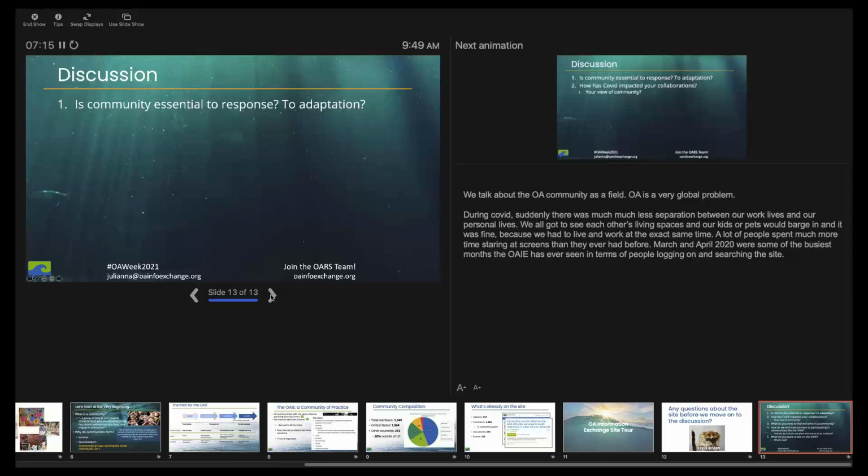So I want to think about, like I said in the beginning, community with a capital C, and then also the OA Information Exchange as a community. And some of these questions are self-serving because I'm so interested in what people actually think about this and what they need, because a community is shaped by its members.